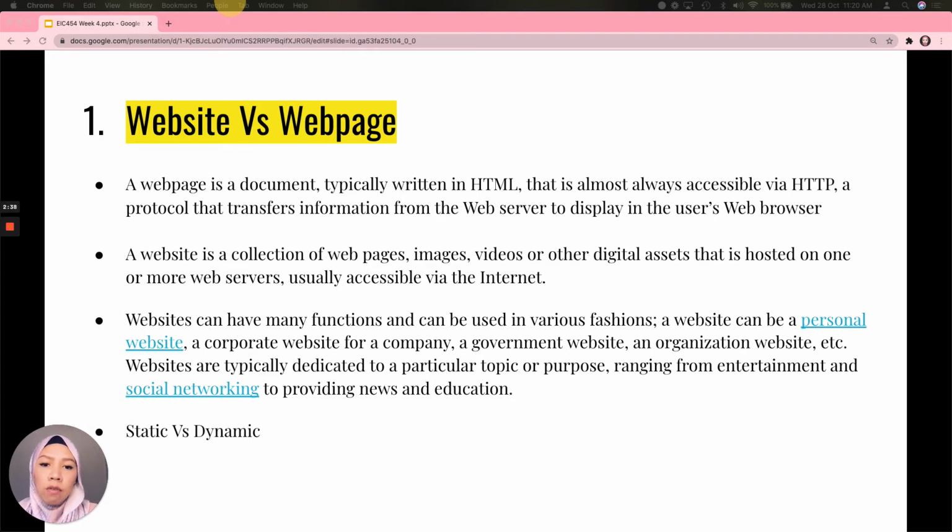The ideas of a web page and a website are especially easy to confuse for a website that contains only one web page. Such a website is sometimes called a single page website. Websites can have many functions and can be used in various fashions. A website can be a personal website, a company website, a government website, or an organizational website. They are typically dedicated to a particular topic or purpose, ranging from entertainment and social networking to providing news or